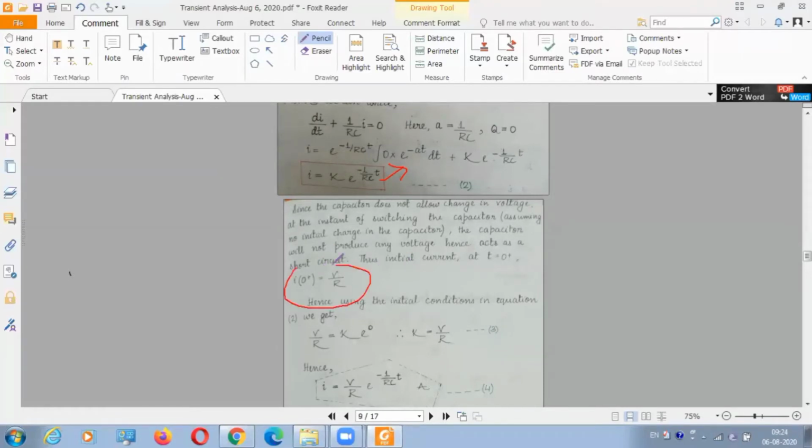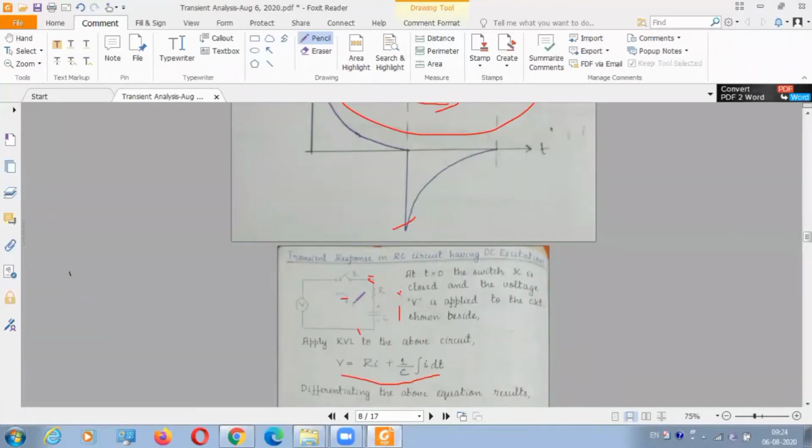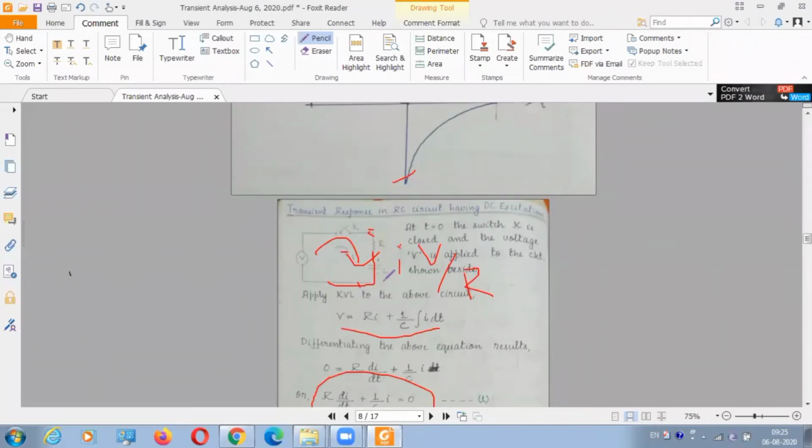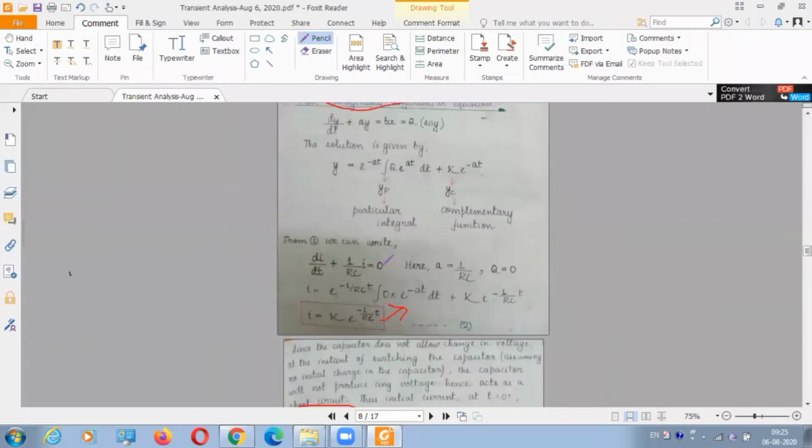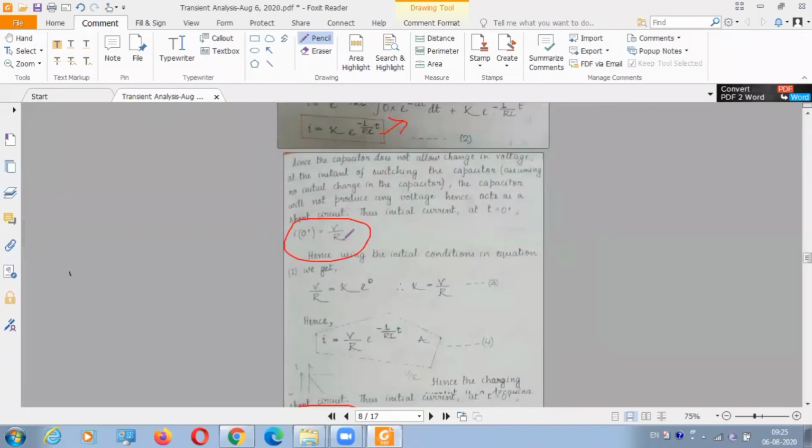Now the initial condition of the capacitor. Oh, sorry, the capacitor is basically a short circuit. Sorry, my mistake. The capacitor is initially a short circuit. So the current through this circuit is V by R initially. Since the capacitor doesn't allow change in voltage and it is uncharged, the capacitor voltage is 0 initially. So if it is 0, it is basically a short circuit and the inductor is an open circuit. Sorry for my mistake. So next, I comes equal to V by R.